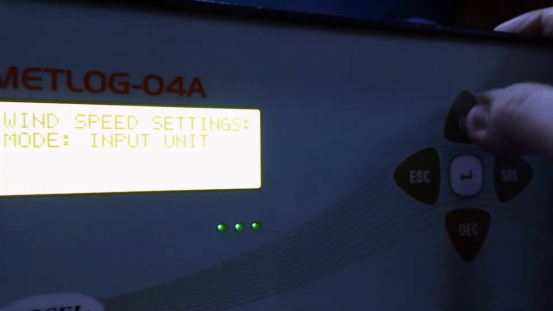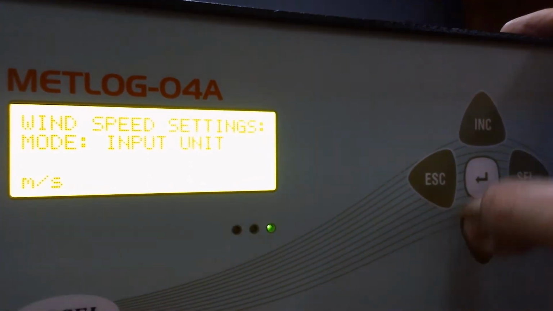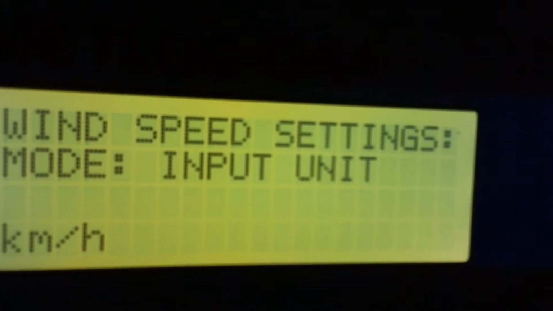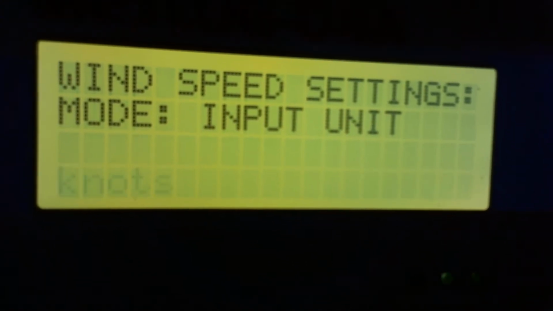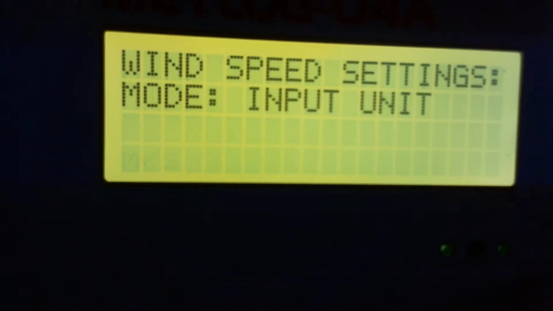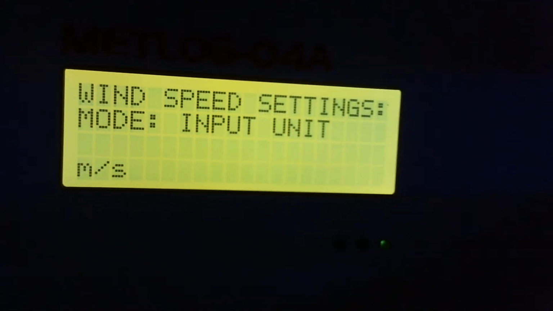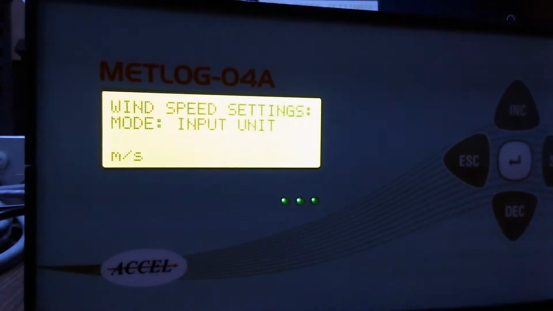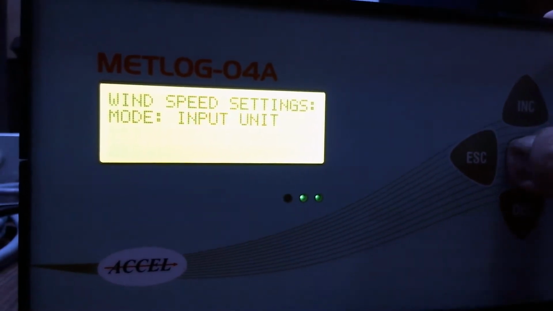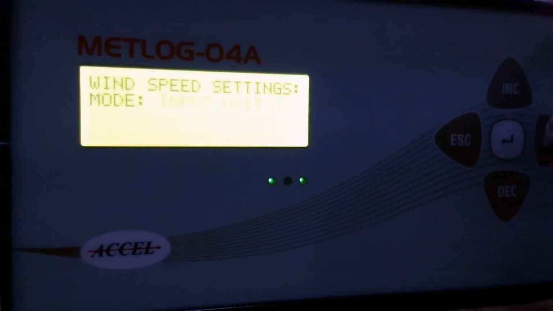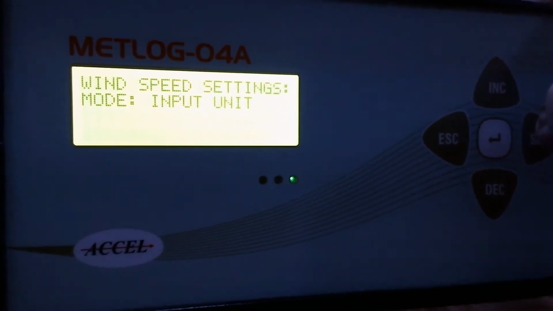How to change that? With the help of the increment and decrement buttons. This is your increment button. When you press, it will show kilometer per hour. When you press again, it will show knots, meter per second. So for the ultrasonic wind sensor, we will set meters per second. Then do not forget to press enter, so that the changes you have made will be saved.